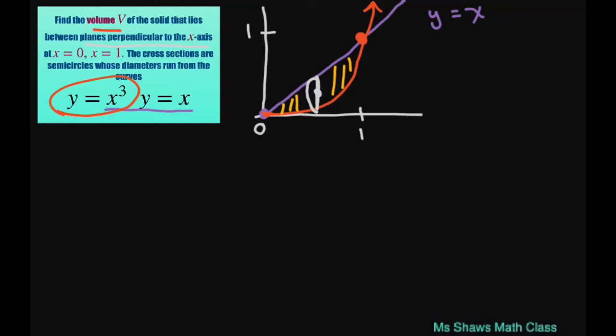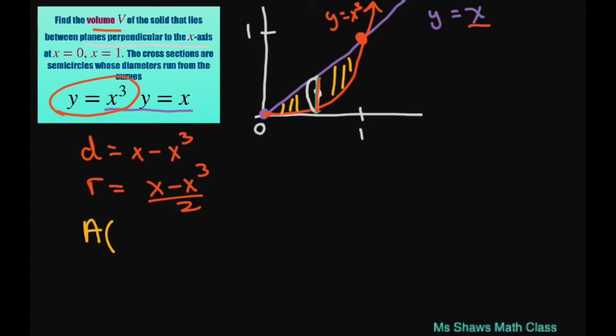All right, so basically, let's look at our diameter right here. Now the diameter is just going to be, this is y equals x cubed. Just take your x minus your x cubed. Always kind of go from up to bottom, like that, from the top to bottom. So that means your radius is going to be x minus x cubed divided by 2. We're going to use our formula,